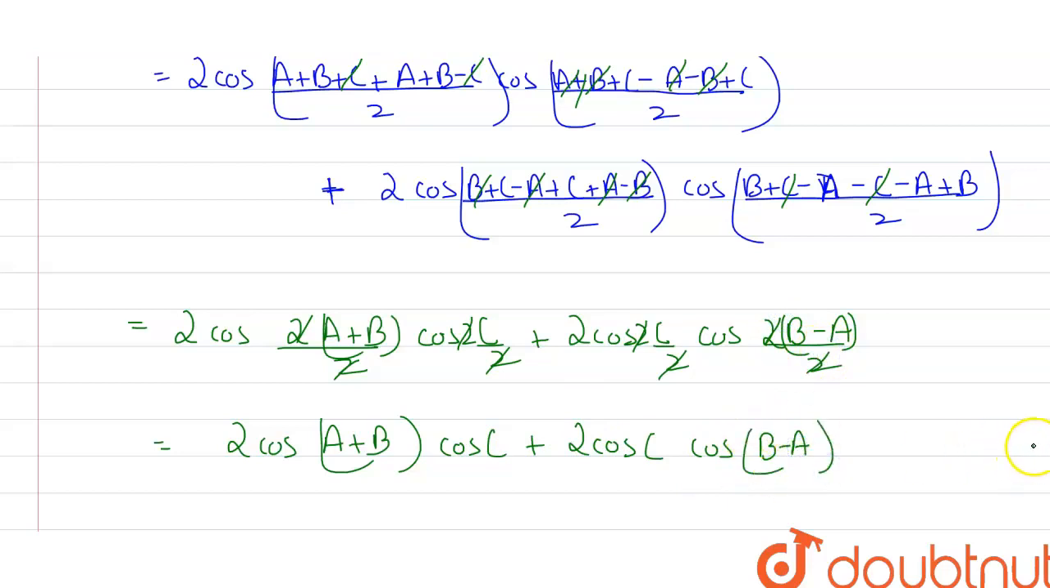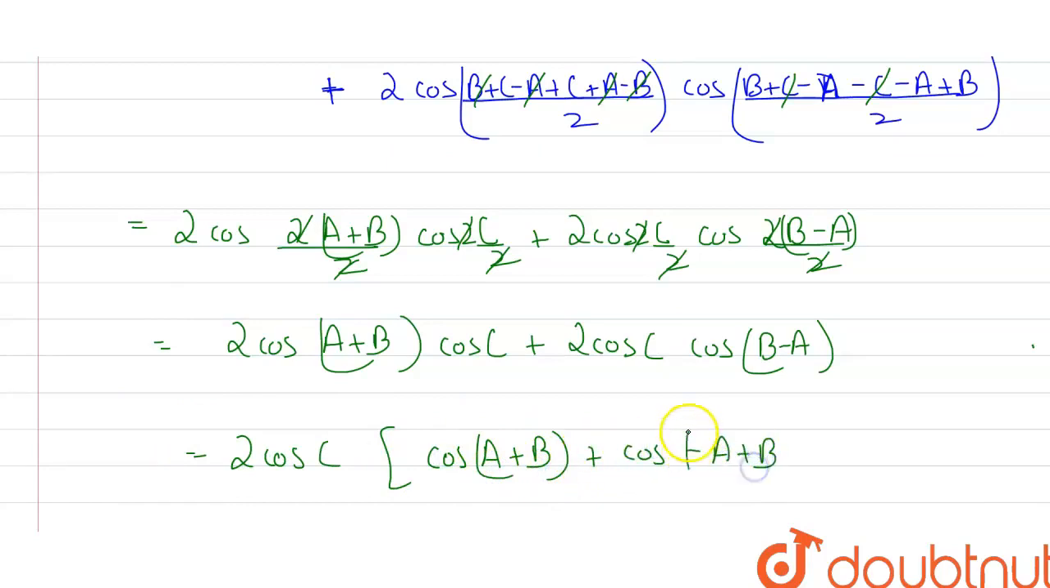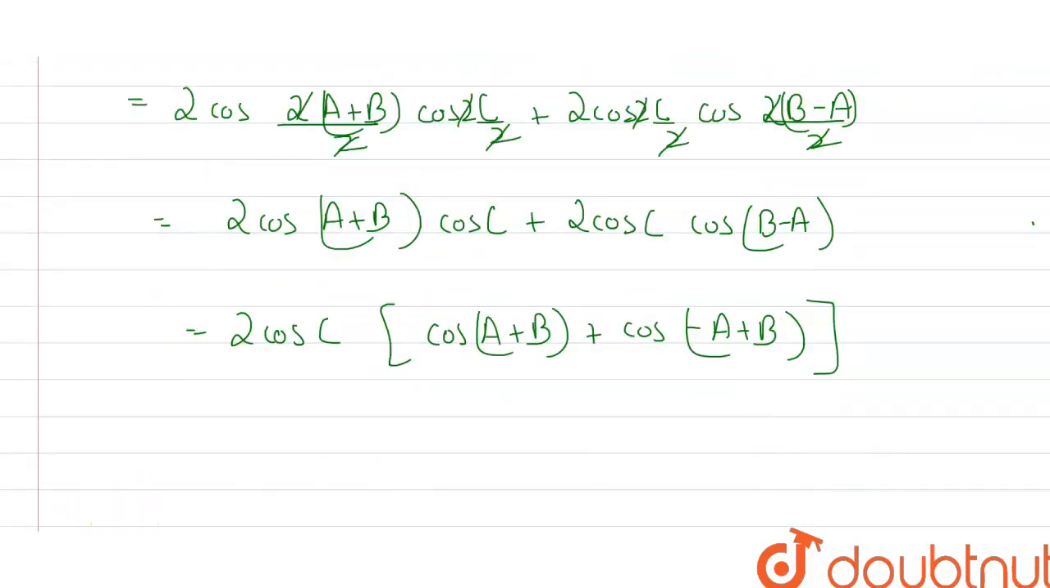Okay, so now I can do one thing. I can take 2 cos C by 2 common. So taking 2 cos C by 2 common, we are only left with cos of A plus B, right? And here I can say cos of minus A plus B, right? I can write it in this format, minus A plus B. So after this, I can use the C plus D formula. So using the C plus D formula, we know that cos C plus cos D is basically equal to 2 cos of C plus D by 2,